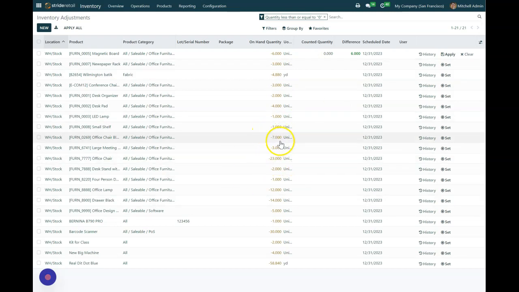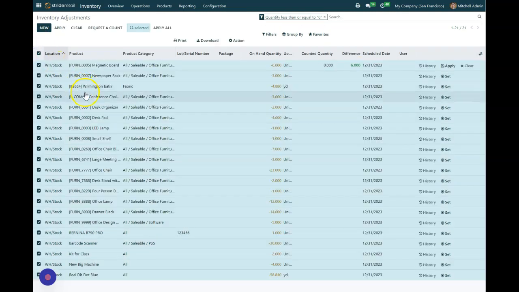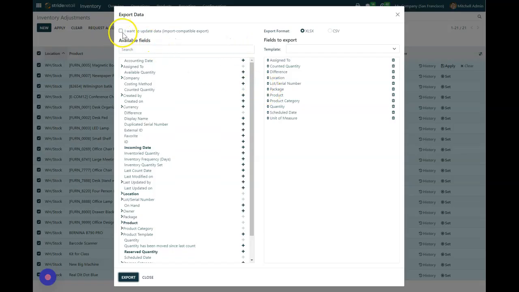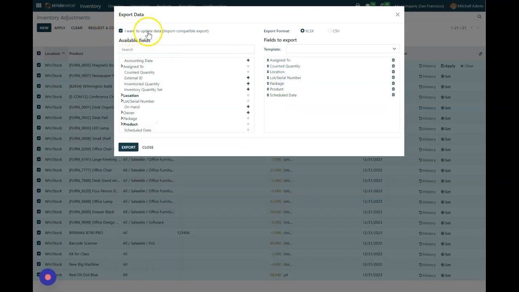And then from here, if I want to export this to a spreadsheet that I can then re-upload, so maybe I don't want to make all these adjustments one by one in the system, I want to export these. What we can do here is select all of these, and if you have more than fits on one page, it's going to say 21 of whatever number is selected. Do you want to select all? You can click select all, and then from here we're going to do an action export, and if we're going to re-upload and add data, we always want to click this little checkbox that says I want to add update data